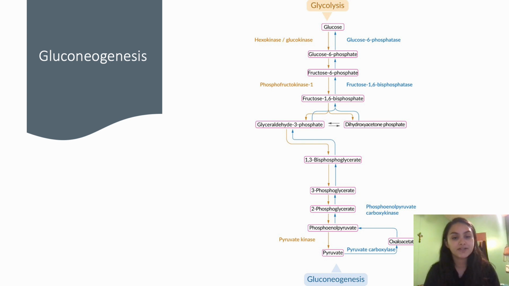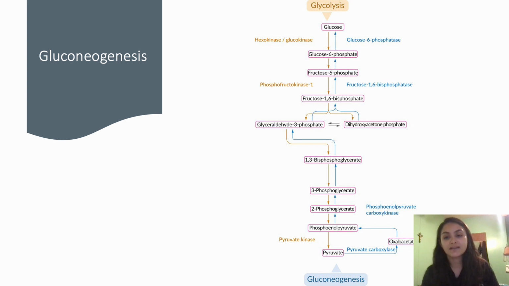Fifth, we have the formation of glucose. Once the precursors are converted to PEP, further reactions occur to synthesize glucose. The reversible reaction catalyzed by fructose 1,6-bisphosphatase splits fructose 1,6-bisphosphate into GAP and DHAP. GAP can be converted to glucose through a series of reactions involving glyceraldehyde 3-phosphate dehydrogenase,